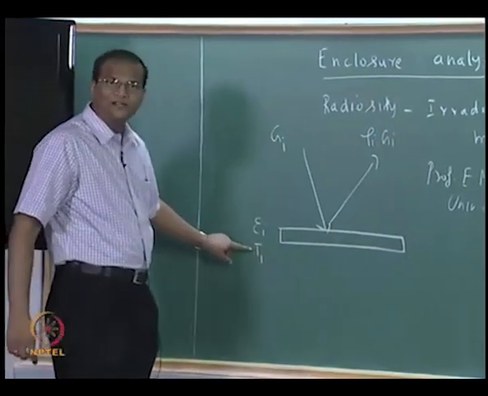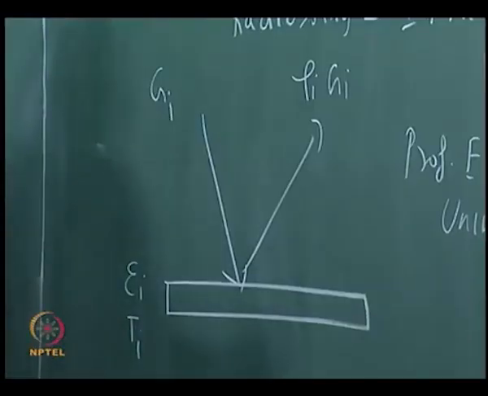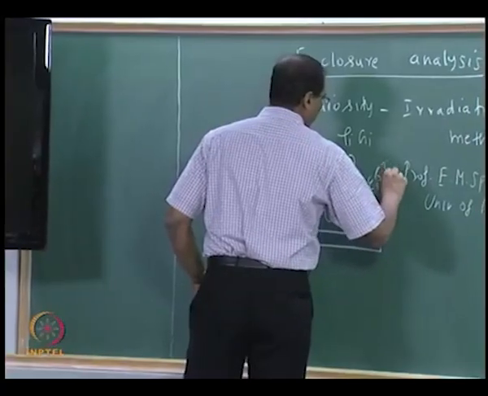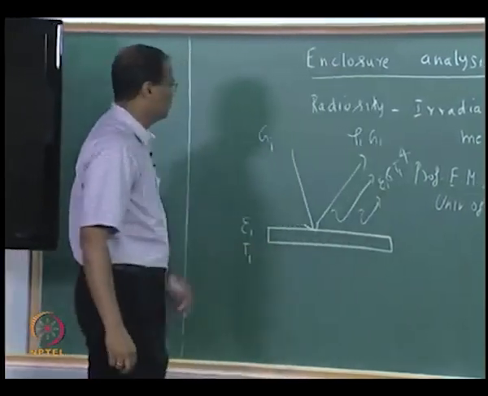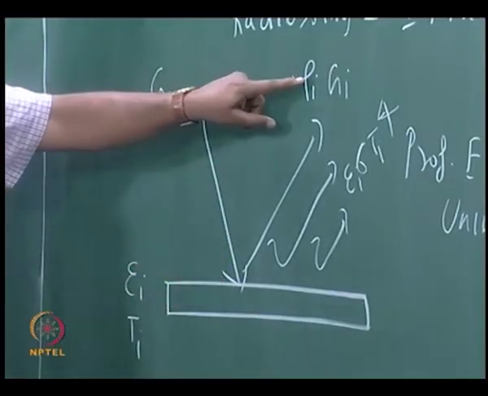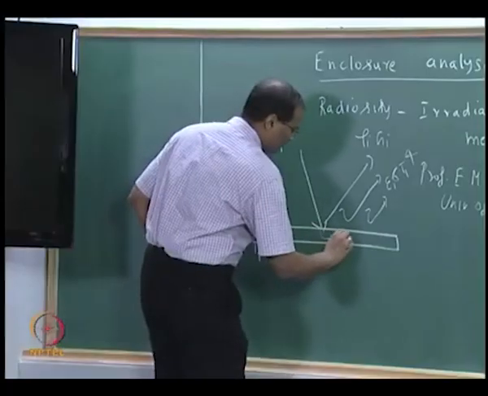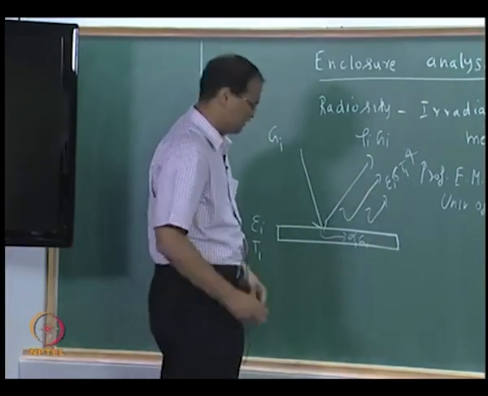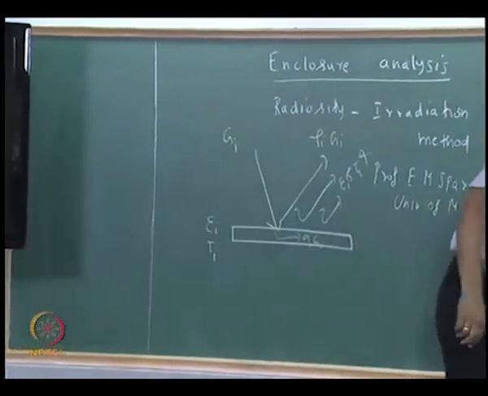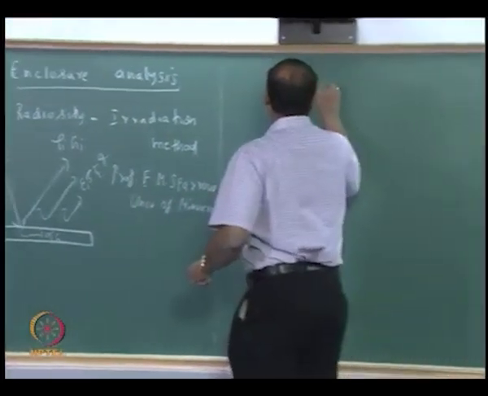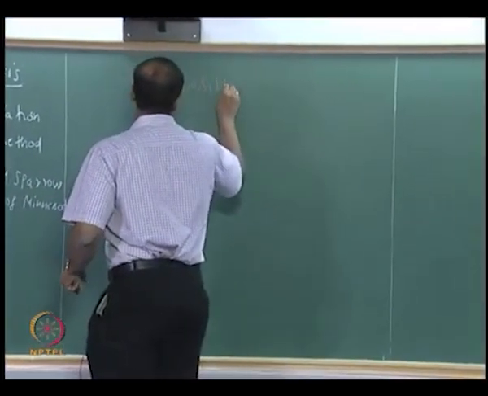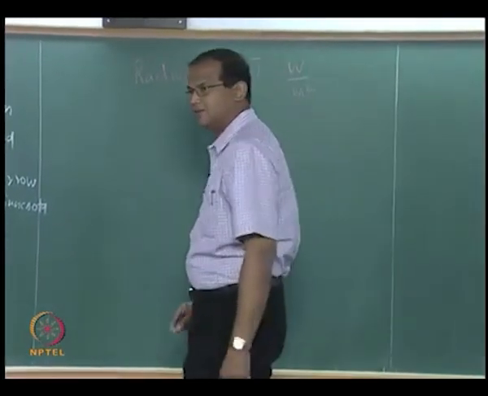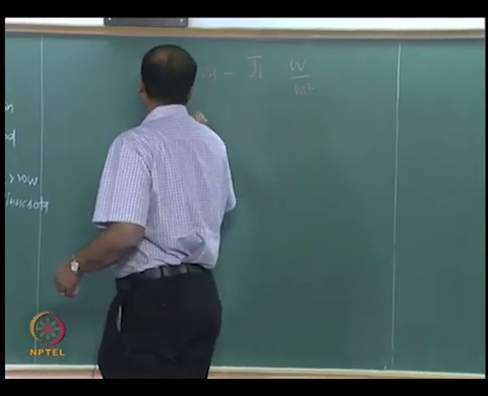Because this surface is at a temperature greater than 0 Kelvin, it will also emit. Out of the incoming radiation Gi, a certain portion is reflected, and a certain portion is absorbed: alpha i Gi, and epsilon i sigma Ti to the power of 4. Now radiosity is the leaving flux, or the leaving radiation. This is equal to